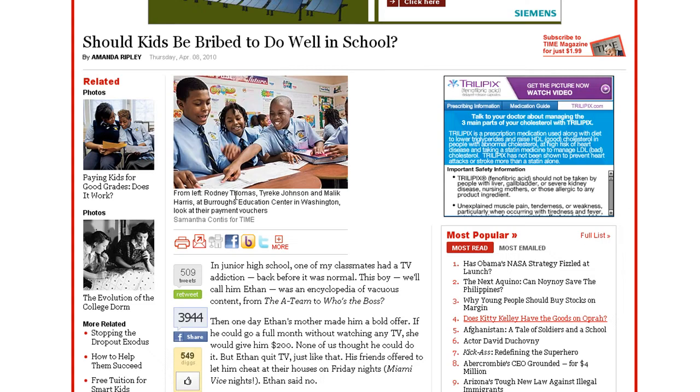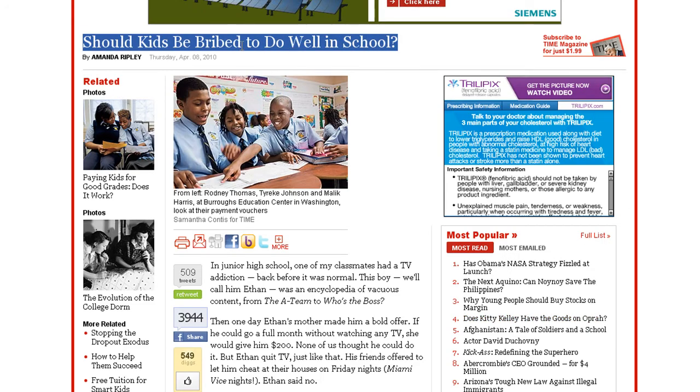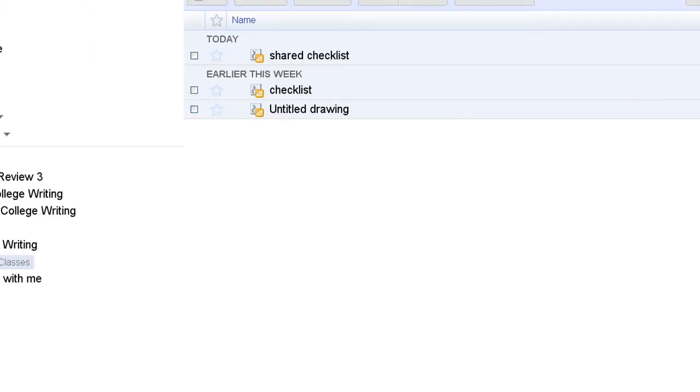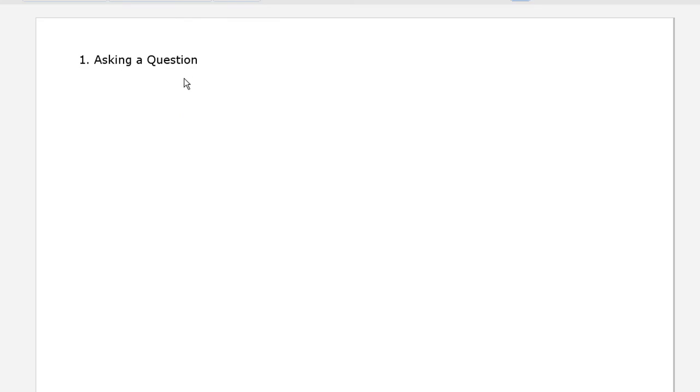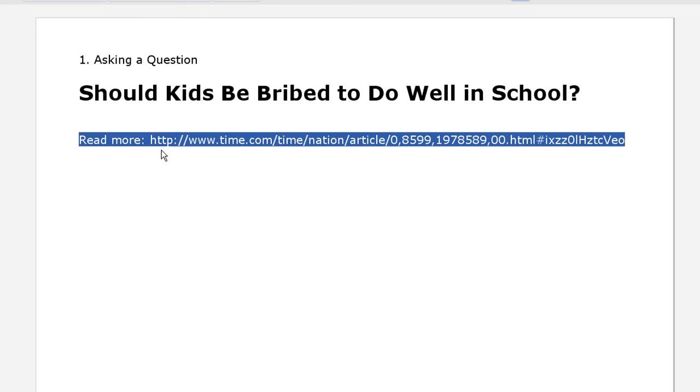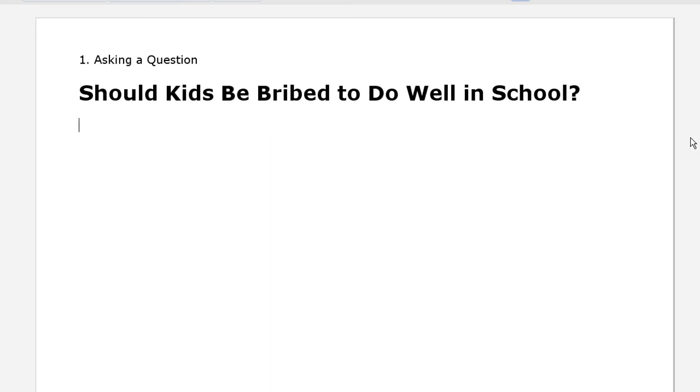So what I did is I went to Time magazine and I saw this: should kids be bribed to do well in school? So I'm just going to take that and copy that and move that over to my essay document, and where I'll hit Control V. So there it is. Should kids be bribed to do well in school? Now we can rewrite this question to be should children, because technically if you're in the field of education, you're not supposed to refer to children as kids, be rewarded